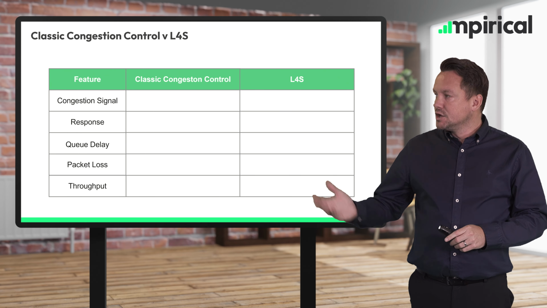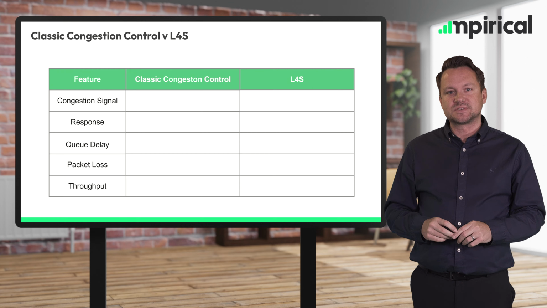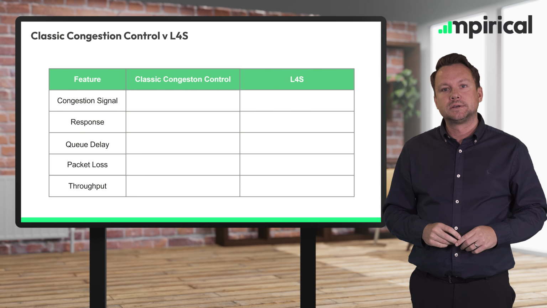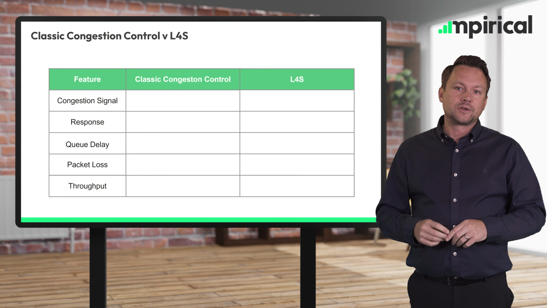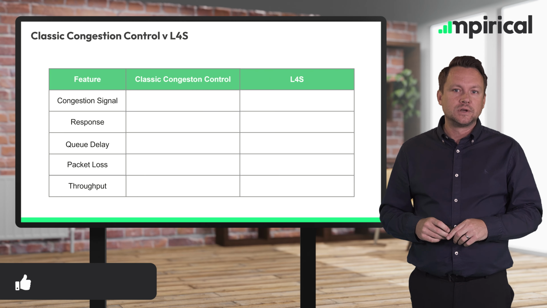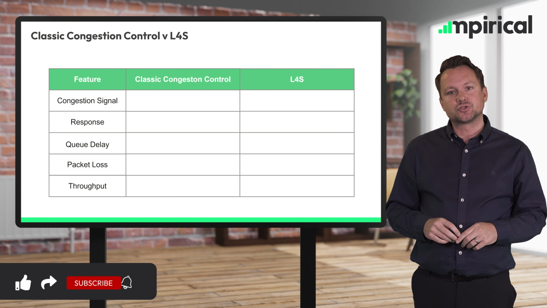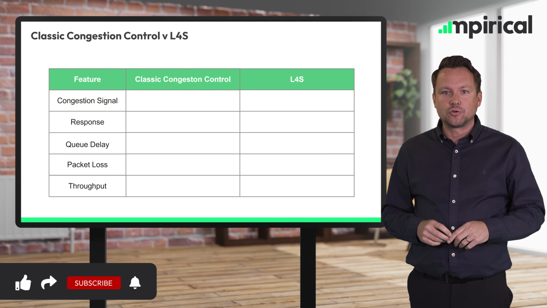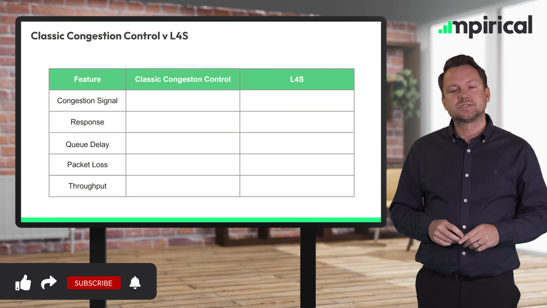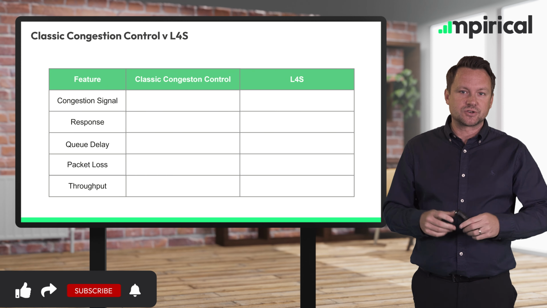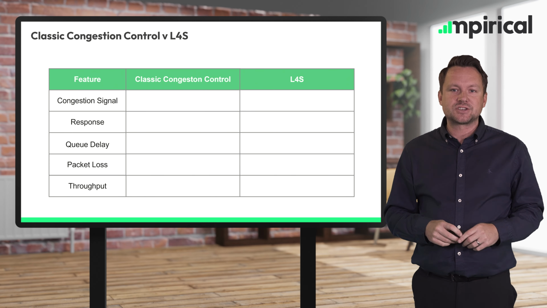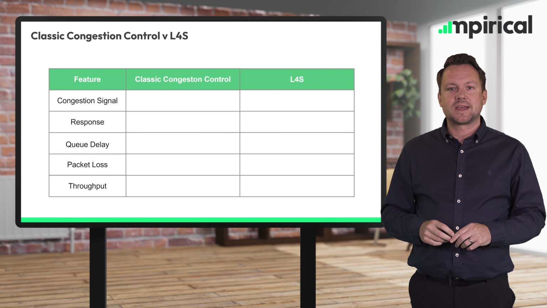window. So if we compare the two mechanisms then, so L4S fundamentally relies on a congestion control mechanism called TCP Prague, and this is an evolution of the earlier Reno standard that was used for congestion control. And it's worth mentioning that there are several different ways of managing congestion within a network and several variations that are used by TCP, Transmission Control Protocol.